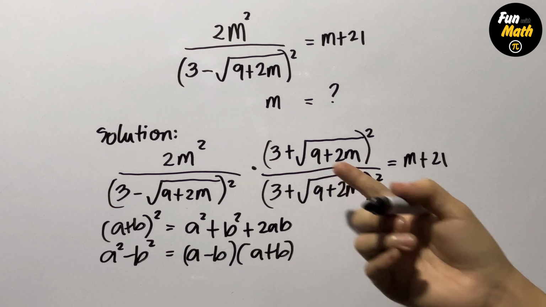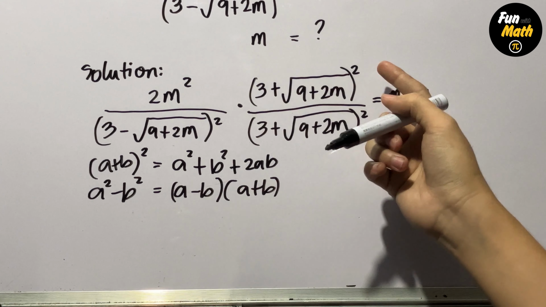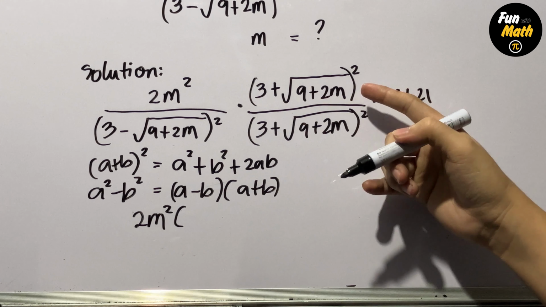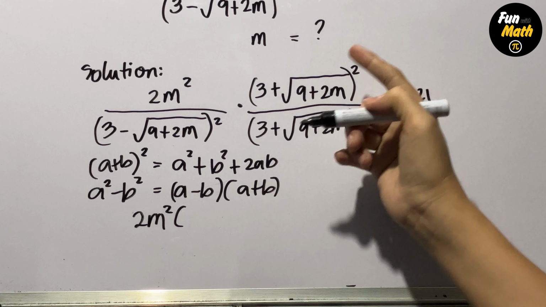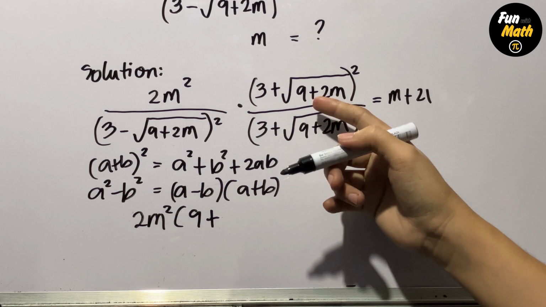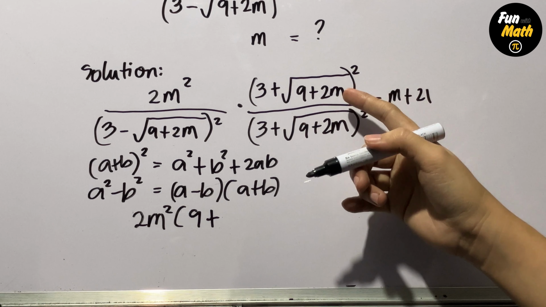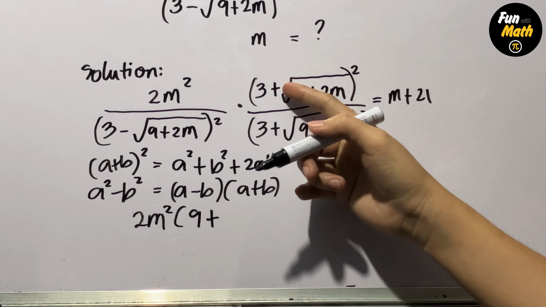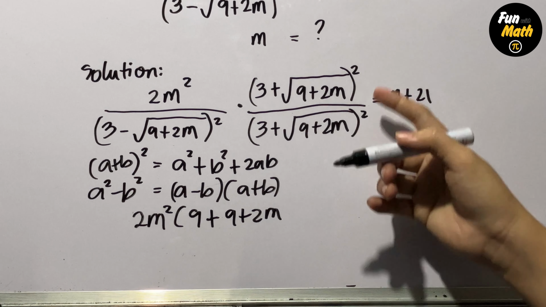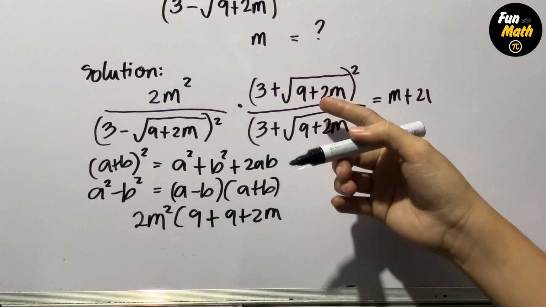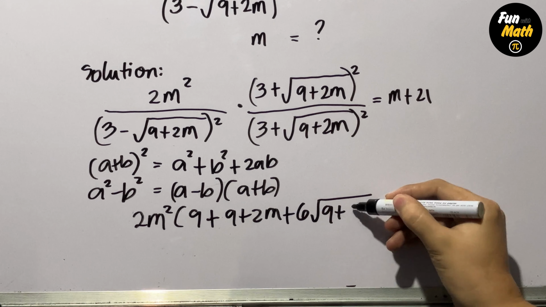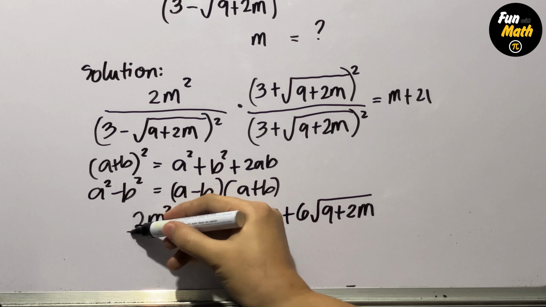We can now write this as 2m squared times the expanded form: 3 squared, that is 9, plus square root of 9 plus 2m whole to the power of 2. The square can be cancelled with the radical, so we're left with 9 plus 2m. And then 2 times 3 times square root of 9 plus 2m, that is plus 6 square root of 9 plus 2m. All over